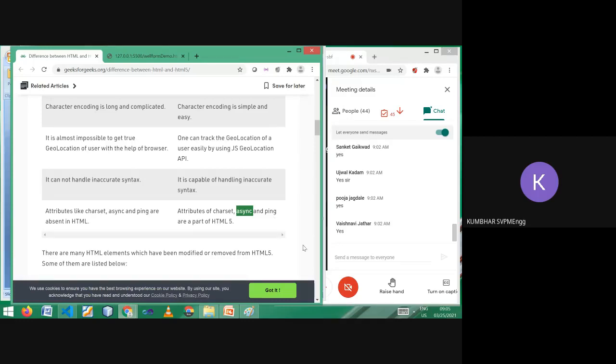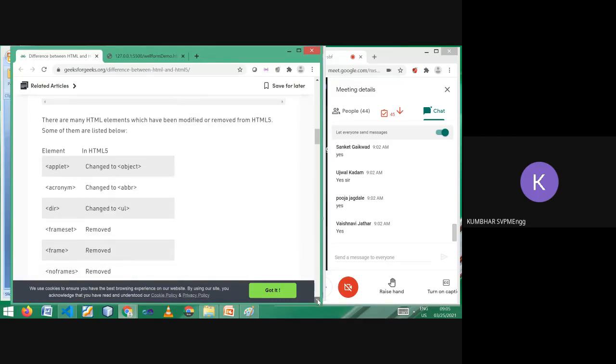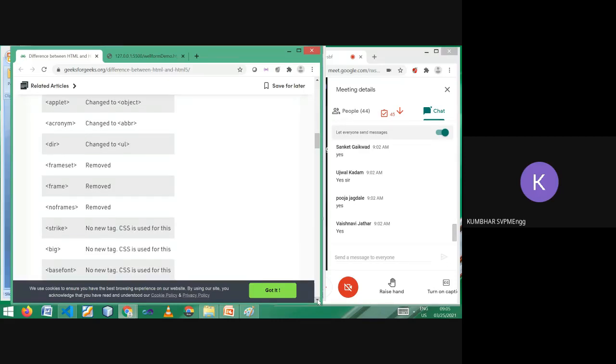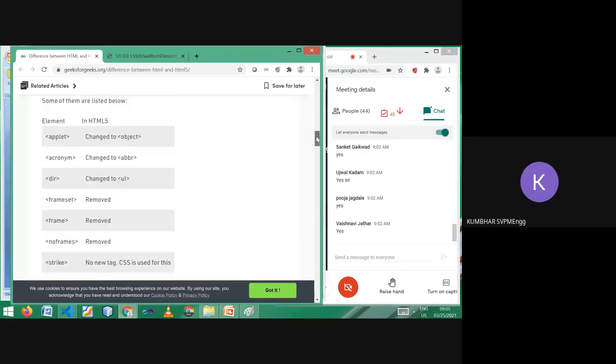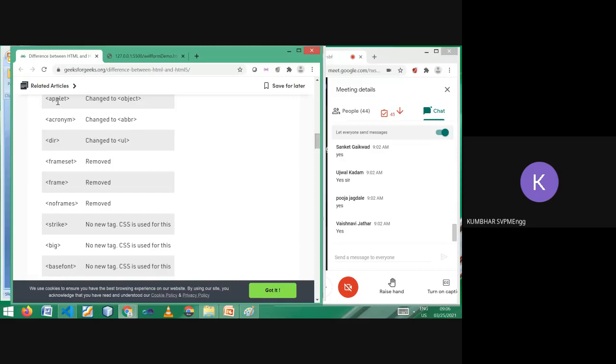Few more things we should go for. See, what are the newly added or changed? Applet was there in HTML4, but now it is changed to object. Acronym changed to abbr. Dir changed to ul. Frameset, frame and noframes are removed. Yesterday also we talked on this.